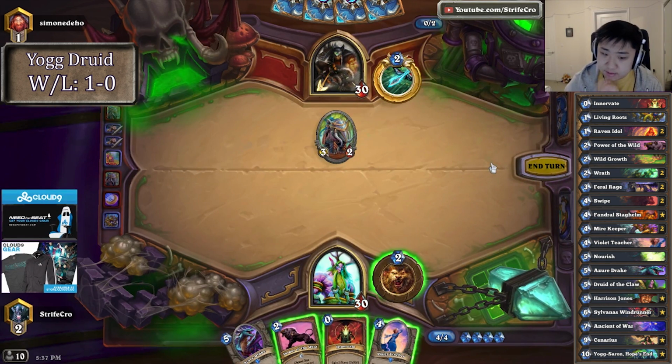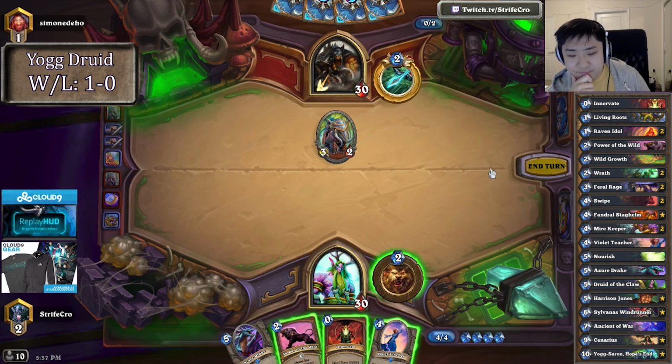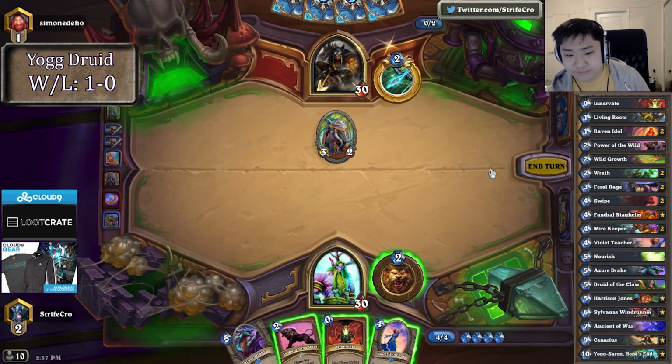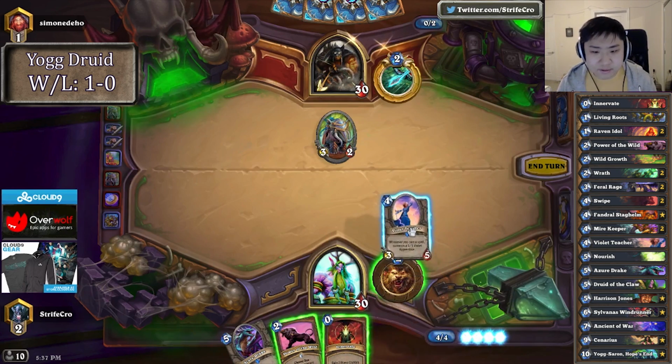Oh my. Okay, so Val'anyr, Teacher Innervate, Power of the Wild gives me 2-2, 2-2, and 4-6. Or I could get 3-5, 1-1, and 3-2. It's definitely better to...